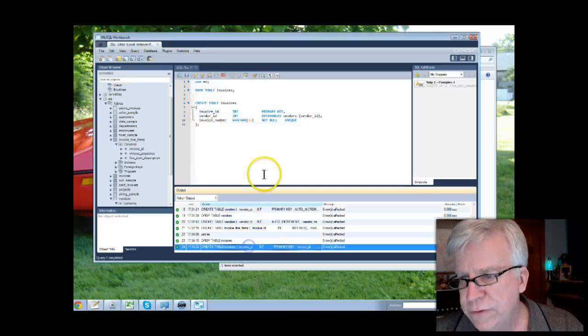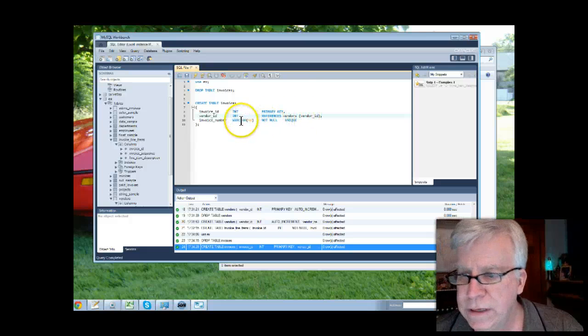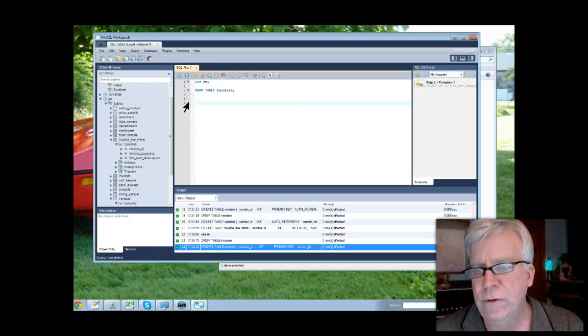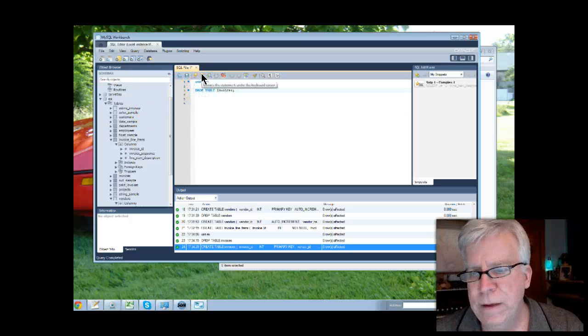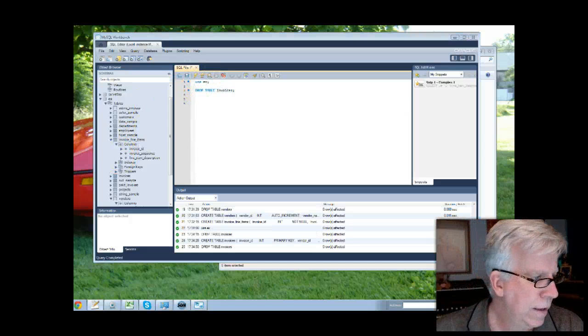We've created the invoices table. We have a primary key. We have a reference with the vendor ID for the vendors, and we have a not null unique for the invoice number. But that's not enough. Because this invoice table is going to be tying to the invoice line table with some foreign key constraints, I'm going to drop the invoices table, and